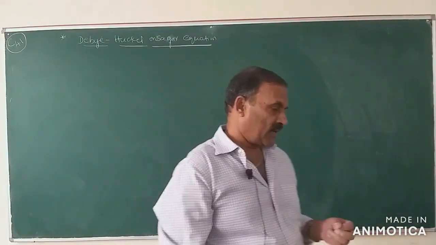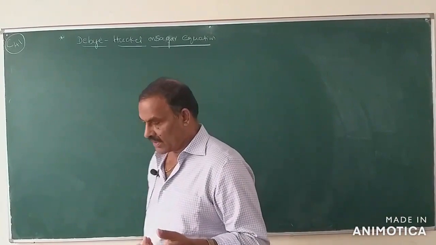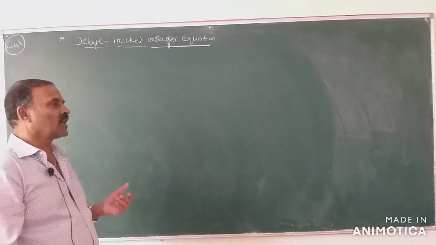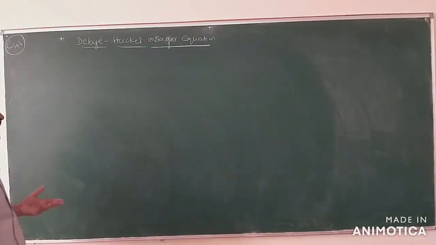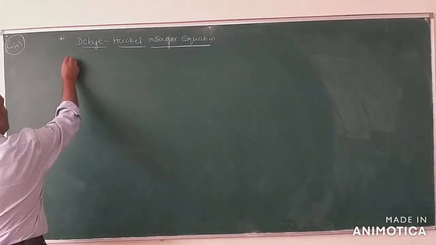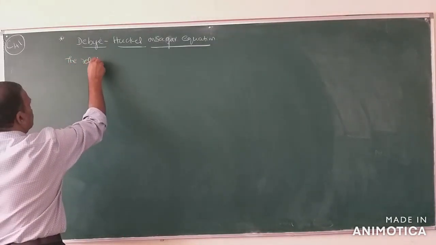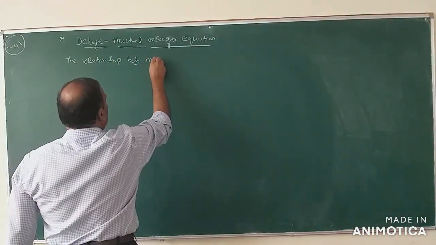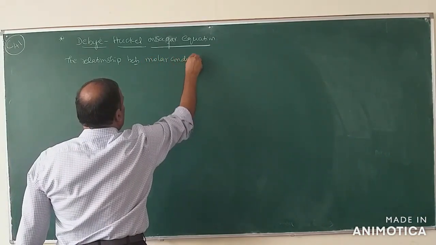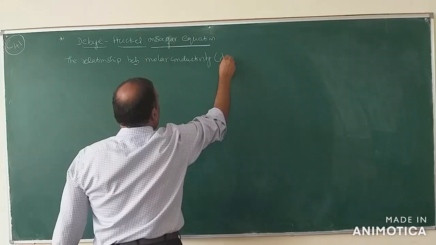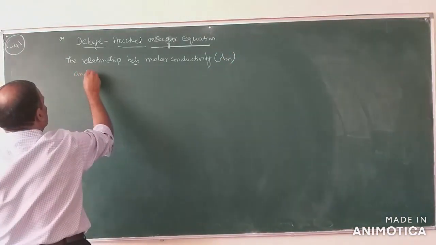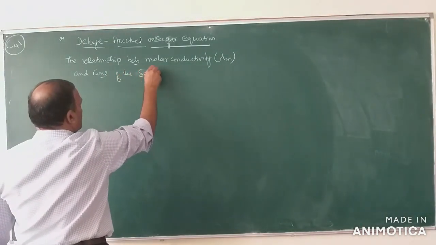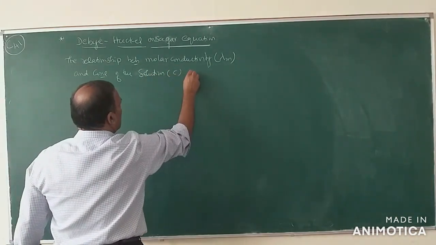Now the relationship between molar conductivity and concentration. As we know, molar conductivity increases with dilution, or increases with decrease in concentration. Write down the relationship between molar conductivity lambda m and concentration of the solution C, which is given by